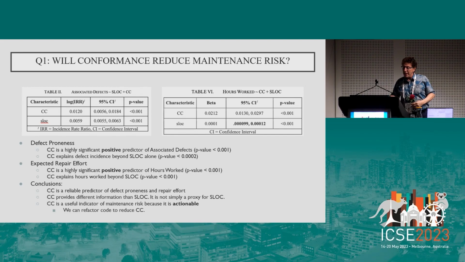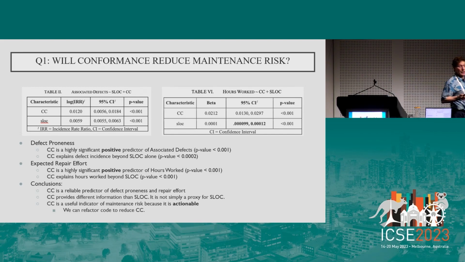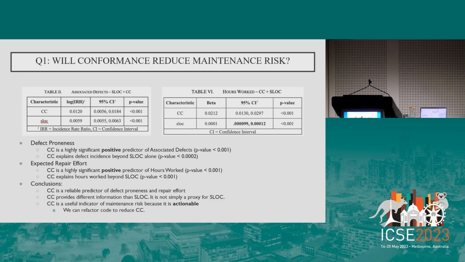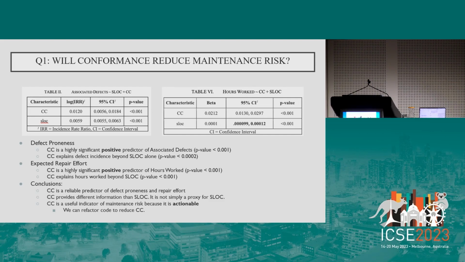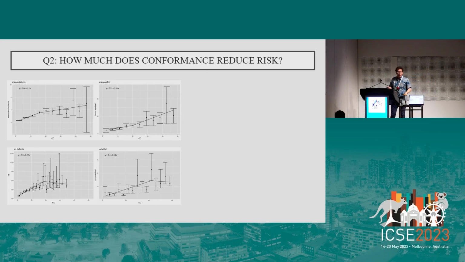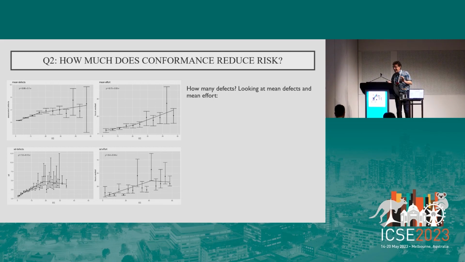Also, and this is really important, not only is it a reliable predictor, but it's different than SLOC, lines of code, because this is actionable. I may not know how to make a file smaller, but there are established refactoring techniques for reducing the complexity of code. So I can reduce the CC score. Pretty graphs, you probably can't read those again, but they're in the paper. But just to give you the intuition,